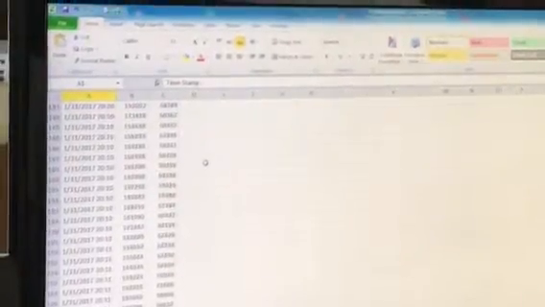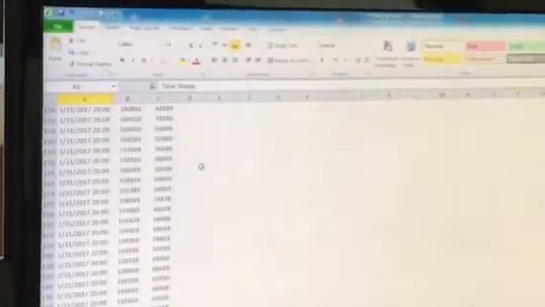And this right here is our data, right? These are all of our data points. You can see it doesn't look like a whole lot now. So we're going to put this into a graph, and we're going to get a graphical representation of what our data look like. So to do that,